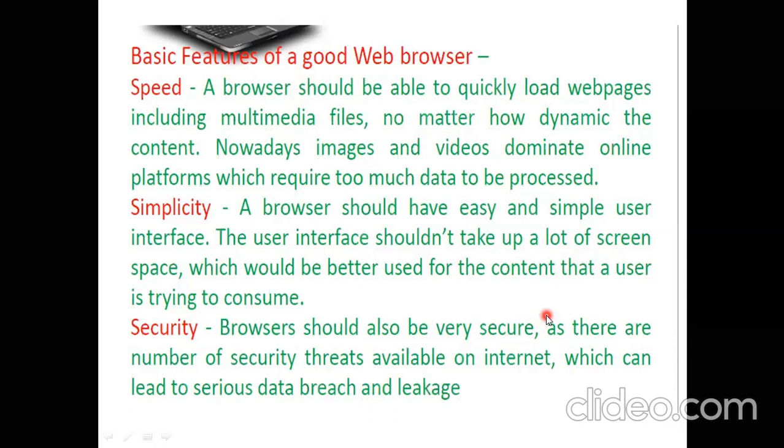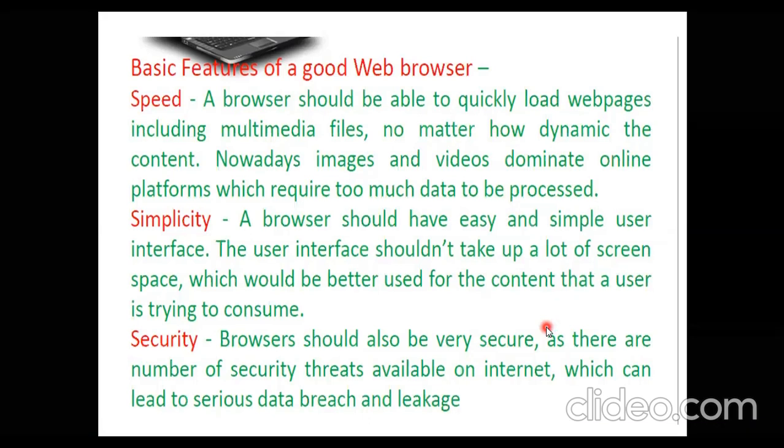Security. Now coming to security, it should be secure at each step. It cannot be like, okay, we have already secured our data at the network layer, so we need not worry about this. No, every stage should have security. The first stage is whenever you open a browser, only then do you go into the world of the internet. So the browser should be secure, because browsers keep your cookies with them. We'll discuss what cookies are. So in a way they are keeping your information with them. If they are not secure enough, anybody could hack and take our information from there. So if we talk about the basic features of web browsers, its speed should be quite high, and simplicity and security should be there.